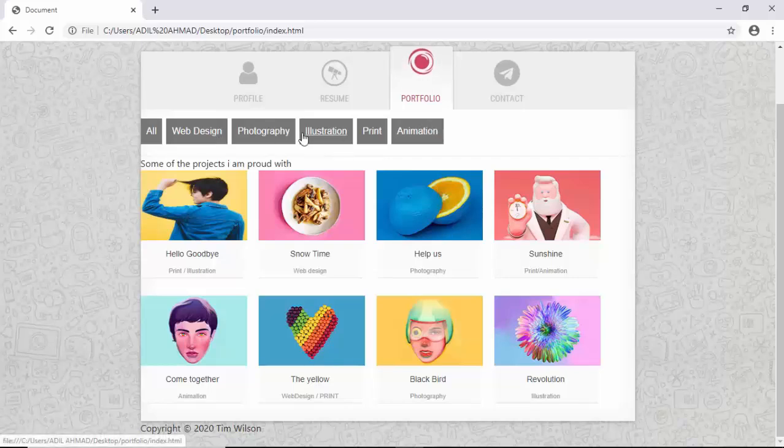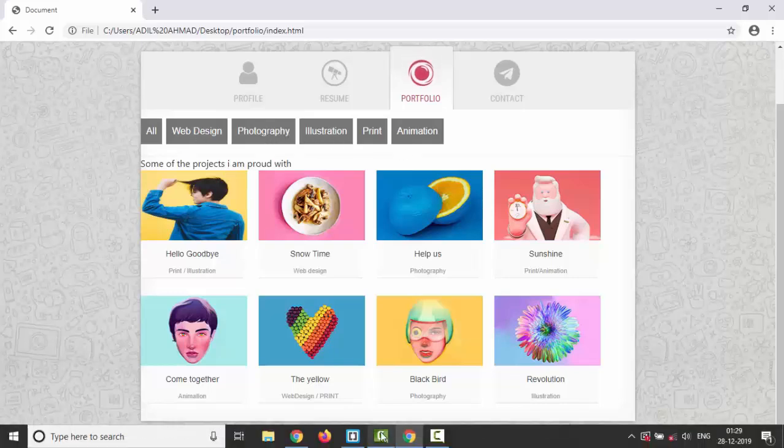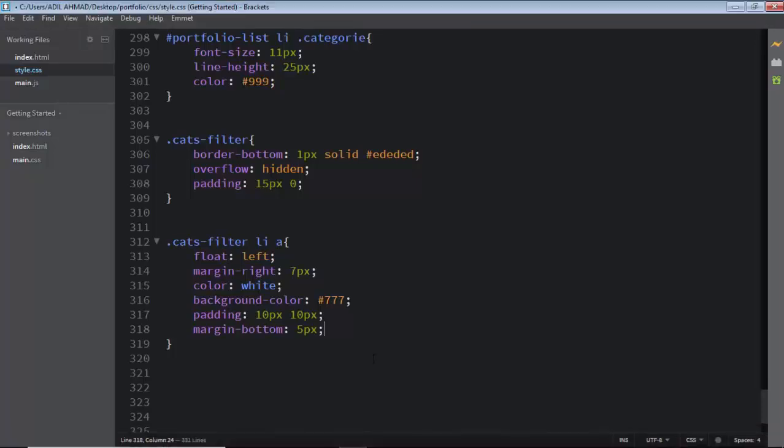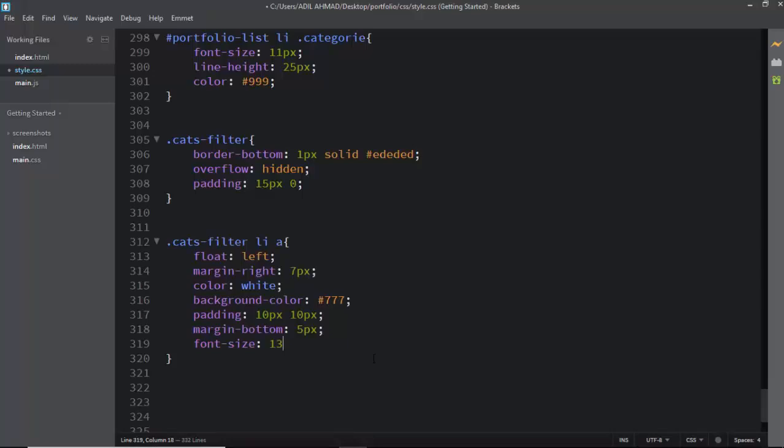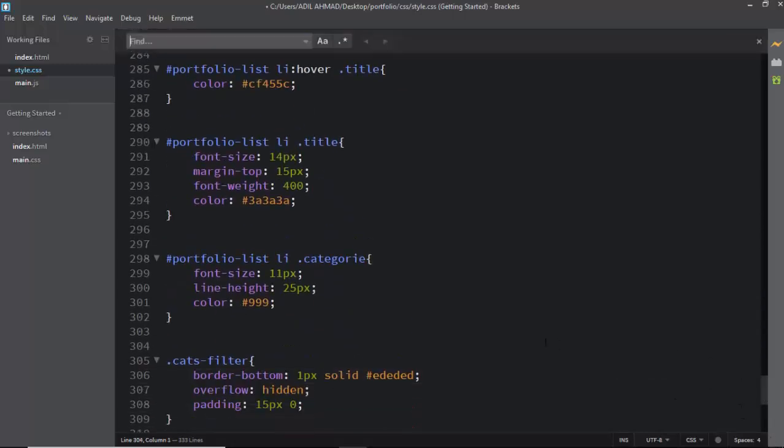But now what I'll be doing, I am putting some font family, and also I'm changing its font size. And then the background color on the active. So just coming to the bracket, and here I am putting font size something around 13 pixels, so we'll get a smaller font size, and also I'm adding some font family. So here I'm adding Roboto